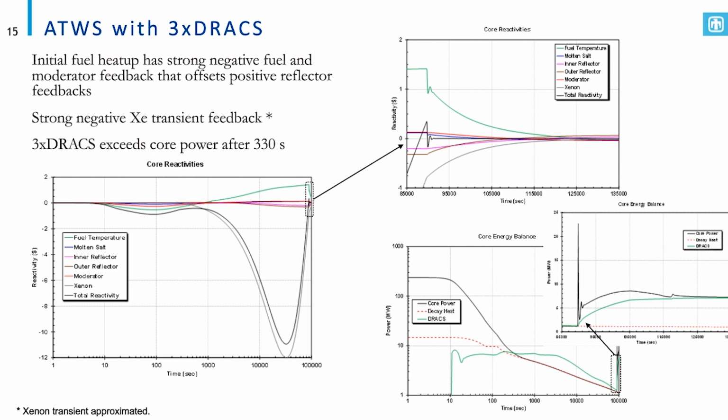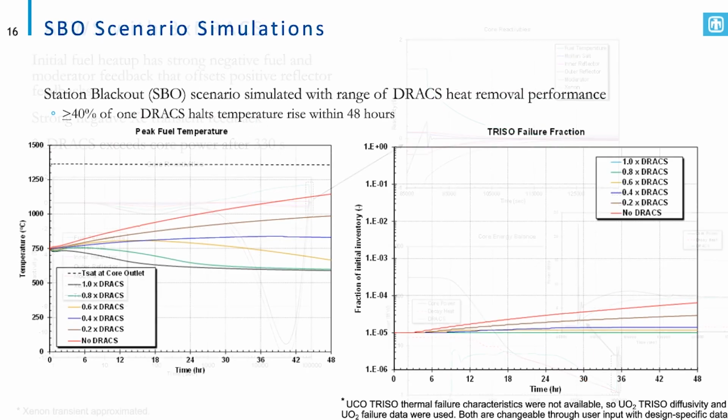And then looking at effectively how power in the reactor core balances and reaches a point where it balances with what the DRAX system can remove. So this was an interesting coupled integral feedback scenario with MELCOR, really just primarily looking at plant response. We've also done the more traditional station blackout scenarios. We've looked at a range of behaviors in these station blackout scenarios, looking at essentially a range of degraded DRAX